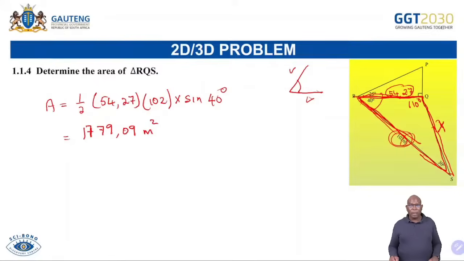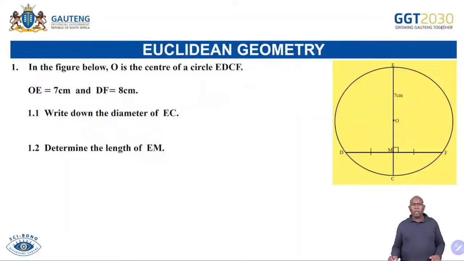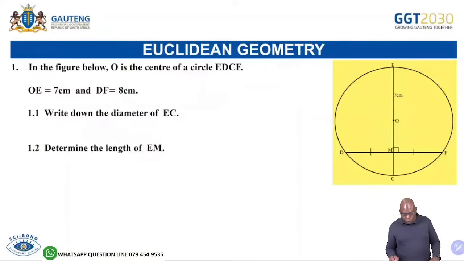Okay, welcome back. Now let's get to the Euclidean geometry. I've just chosen 2 questions here, which are also very, very important. Now in the figure below, O is the center. So if O is the center of that circle